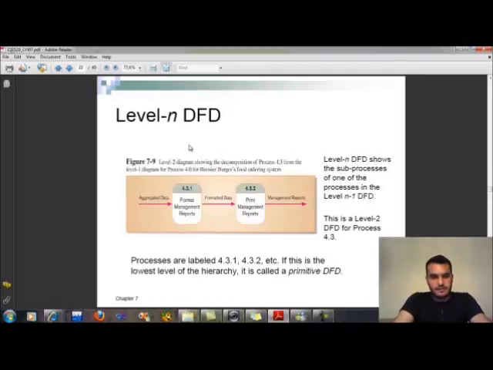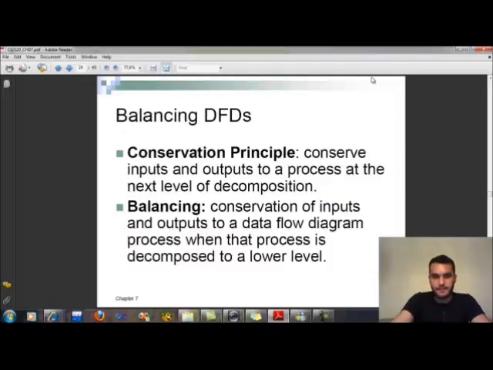And here is level n DFD, and balancing DFDs: conservation principle, and conserve inputs and outputs to a process at the next level of